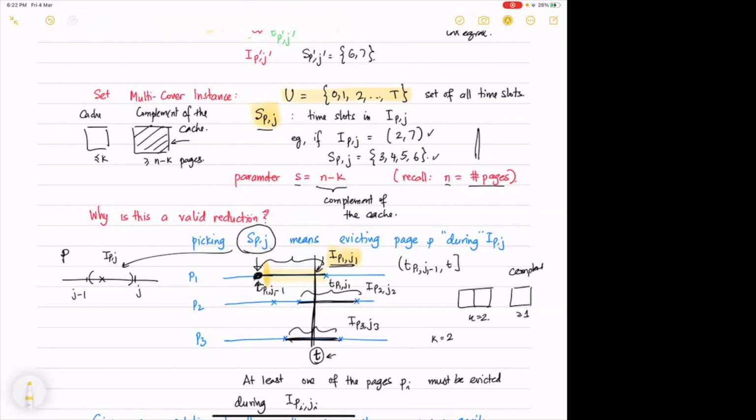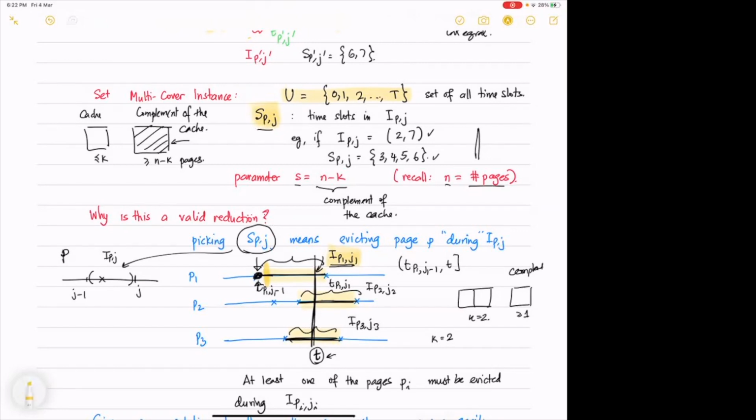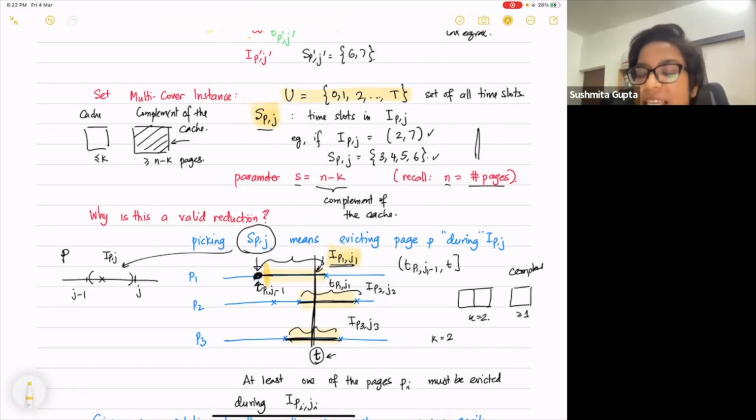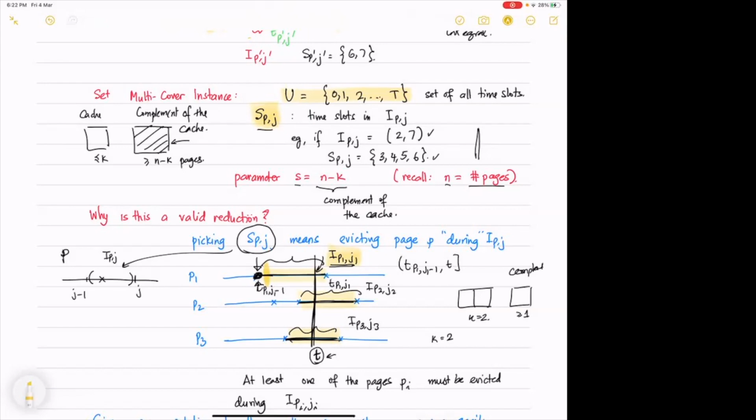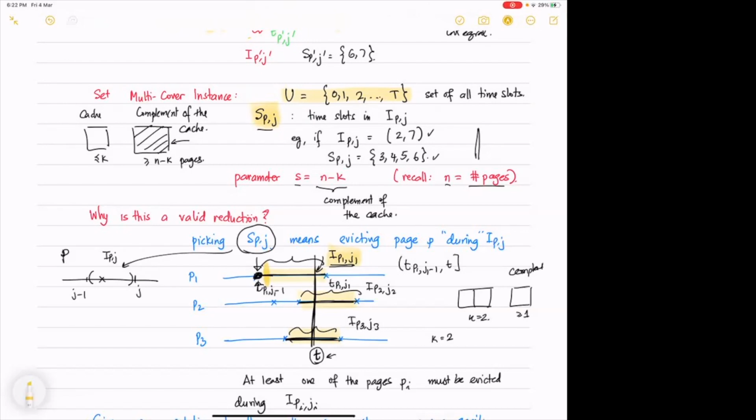Yeah, I mean, either P1 or P2 or P3, one of them must have been evicted. Yeah, right. At least n minus k of them would have been evicted during those intervals. Yeah, that's the thing, right? Because P1 can still stay in the cache at that time. Absolutely. There will be other pages which must have been evicted. Could be P1, could be P2, could be P3, but there must be at least one of these